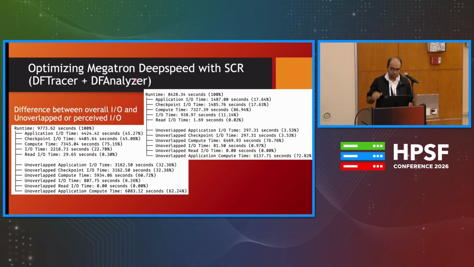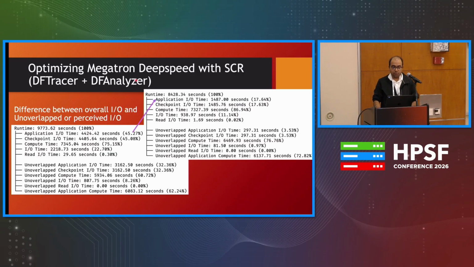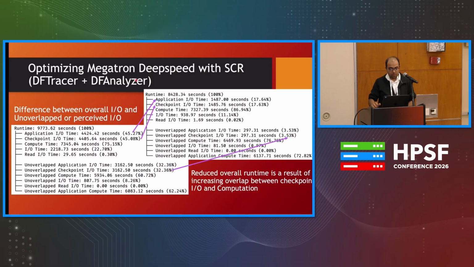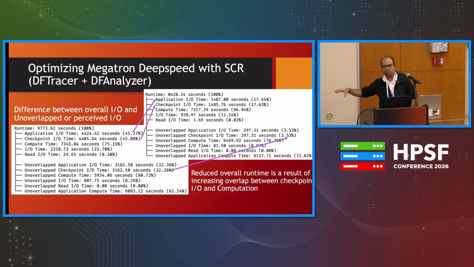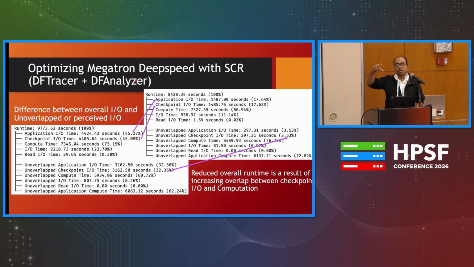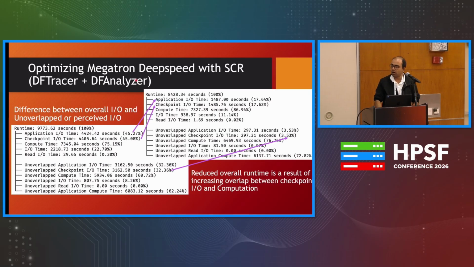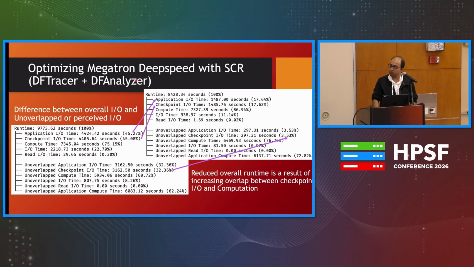What's important here at a high level is that typically you would look at how much time the application spends on I/O, but what really happens underneath is that some portion of time is dedicated to checkpointing. And then if you really look at the overlap between compute and I/O and the different pieces of checkpointing which don't overlap, you need to optimize the lower layers, which will eventually optimize the whole. So there is this layered performance monitoring and analysis that you need to do